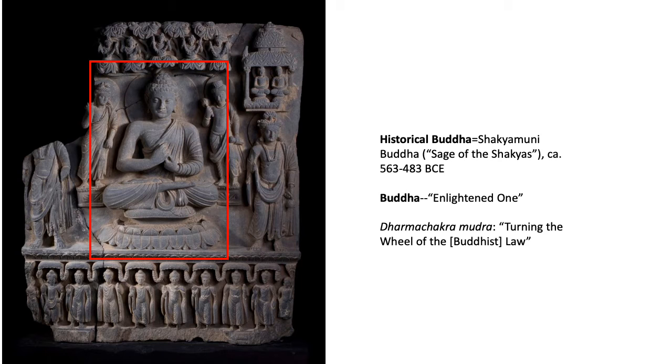The main figure represents the historical Buddha, born Shakyamuni, or sage of the Shakyas, believed to have lived from the second half of the 6th century into the early 5th century BCE. Shakyamuni was a prince who vowed to find a way to overcome the suffering of this world. Upon his enlightenment, he began teaching the doctrine of the middle way. Here he is shown preaching, his hands in a gesture known as the Dharma Chakra Mudra, or turning the wheel